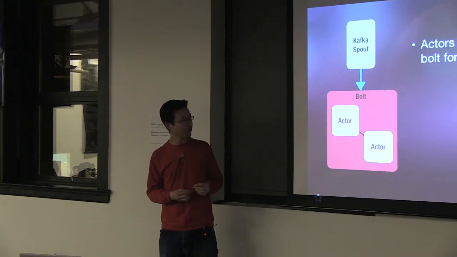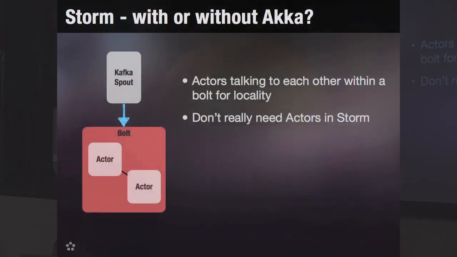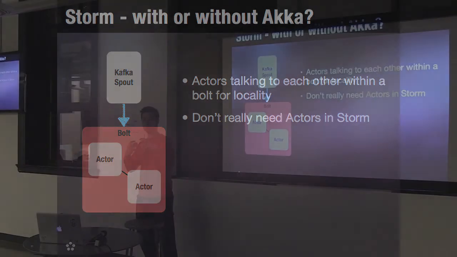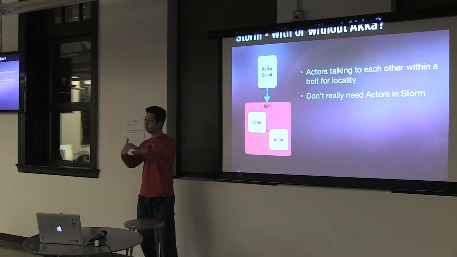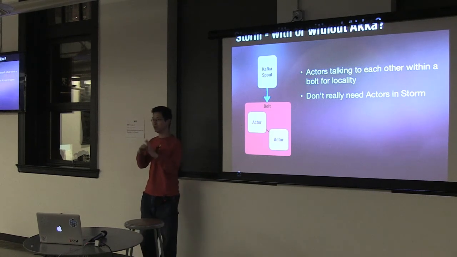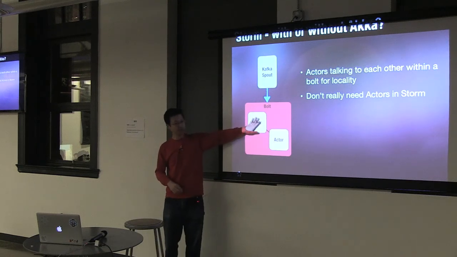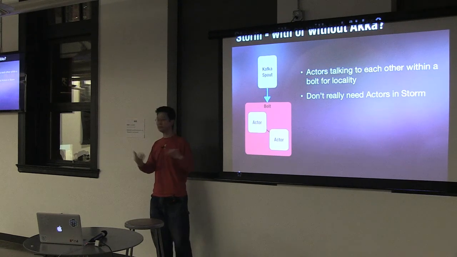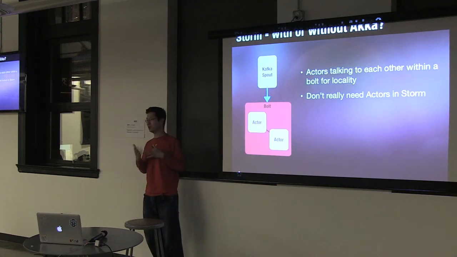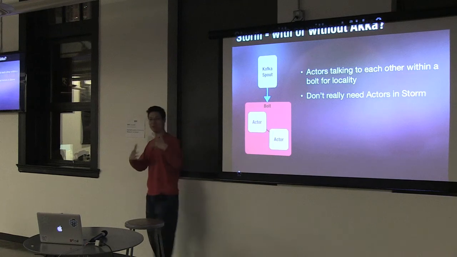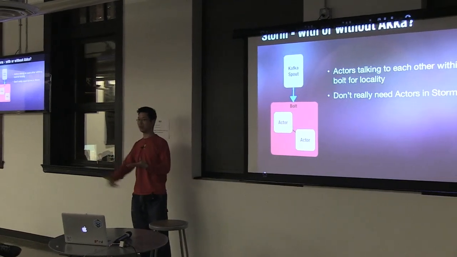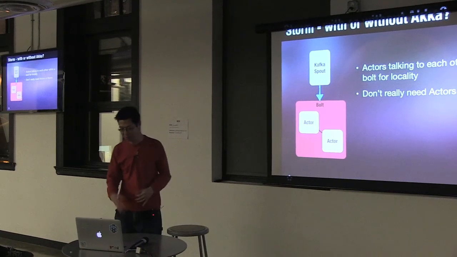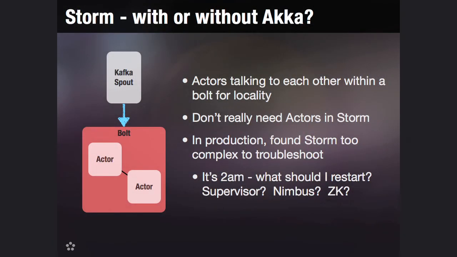And the reason why we do that is because you don't really need them. However, the good property is that there are some things that you want to process together where, if one fails, you want to bring them up together. And it might be more complicated to treat a system where you have A and B, and one fails, but the other doesn't fail. And so when you come up, you have to take care of a lot more cases. For us, these two guys did work that happened together, so it was easier for them to fail together and to come up together. I can explain a bit more. But basically what we learned from Storm, we found that Storm was too complex to use in production.